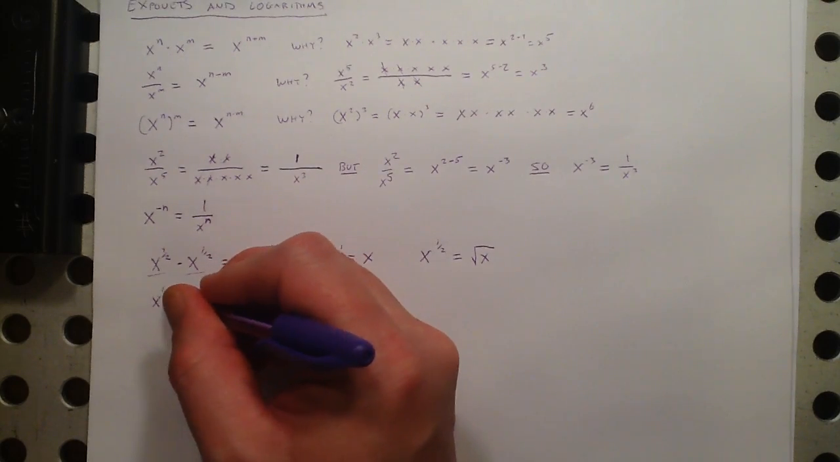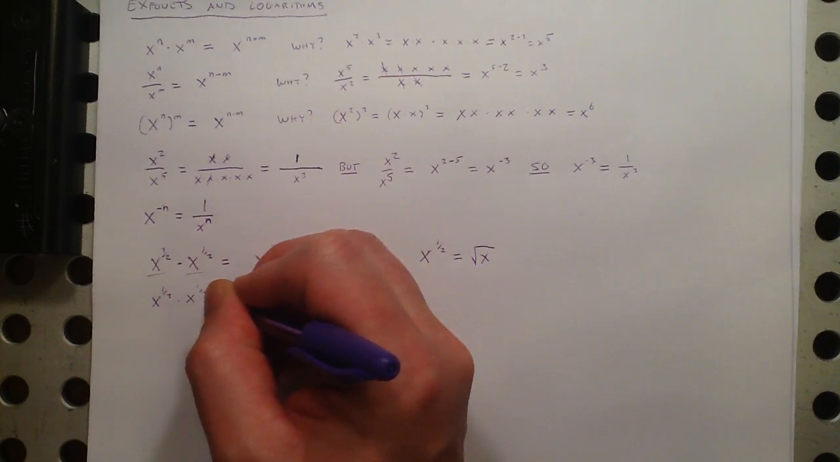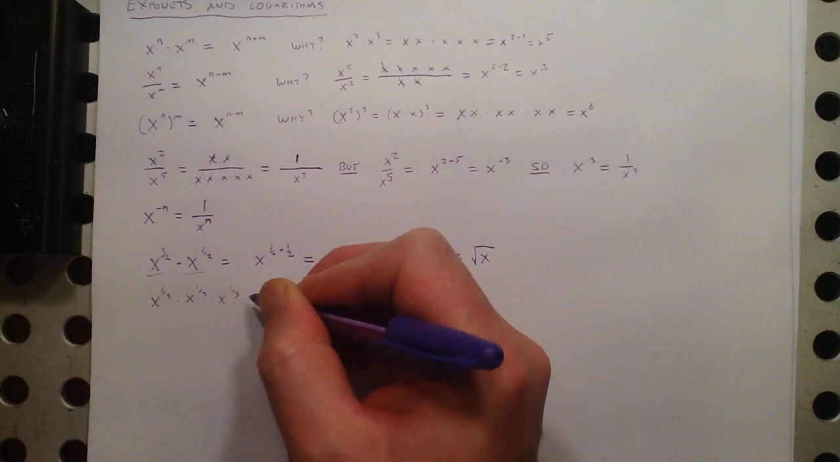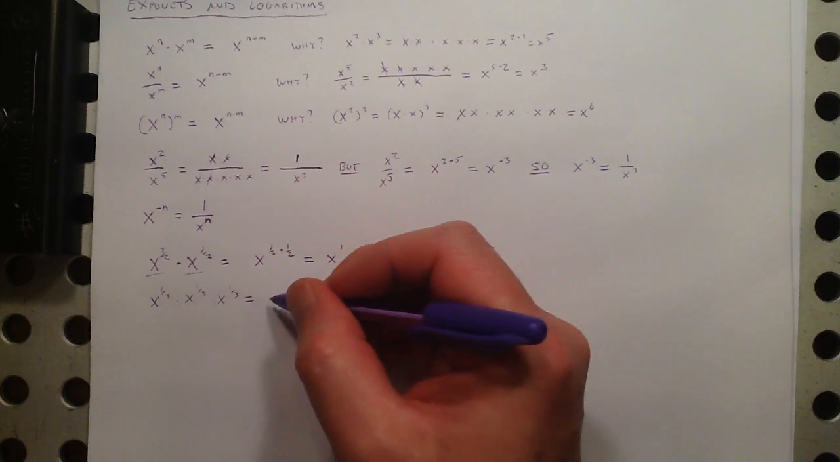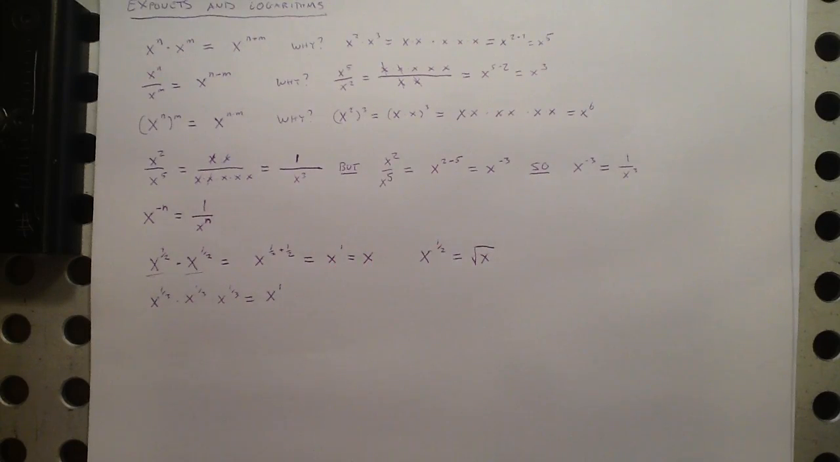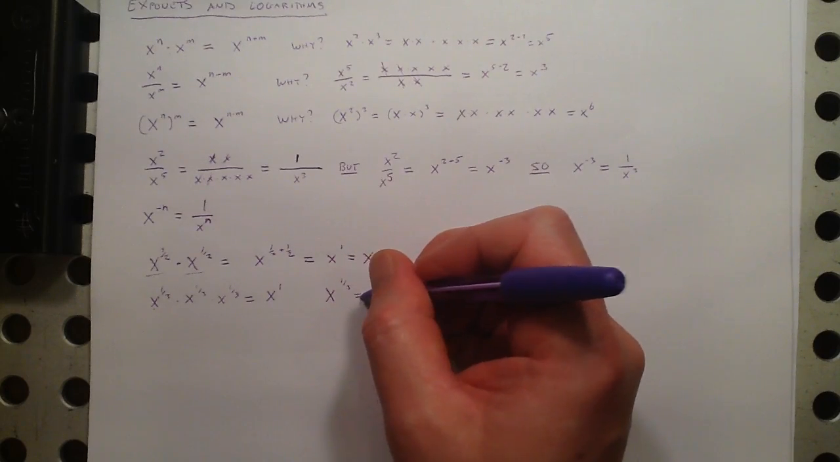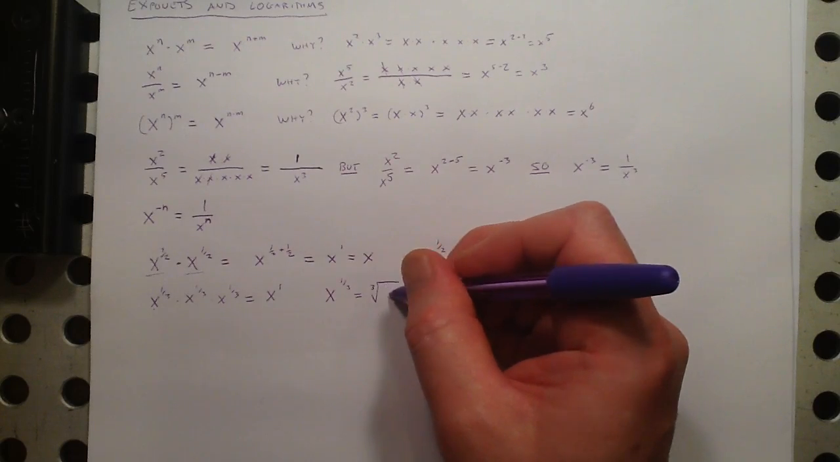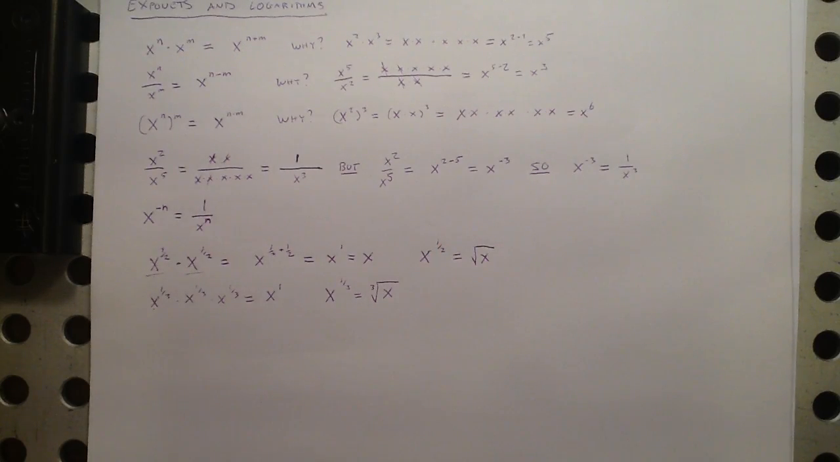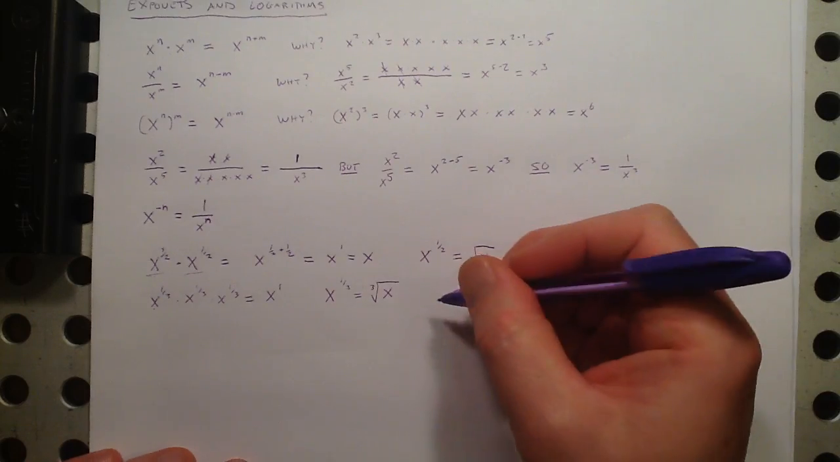Likewise, what does x to the 1/3 mean? Well, 1/3 plus 1/3 plus 1/3 is 1. So what's the thing that when you multiply it by itself 3 times, you get x? Well, that's the cube root of x, by definition. That's what cube root means. The cube root of a number is the thing that when you multiply it by itself 3 times, you get x. For example, the cube root of 8 is 2, because 2 times 2 times 2 is 8. So that means,